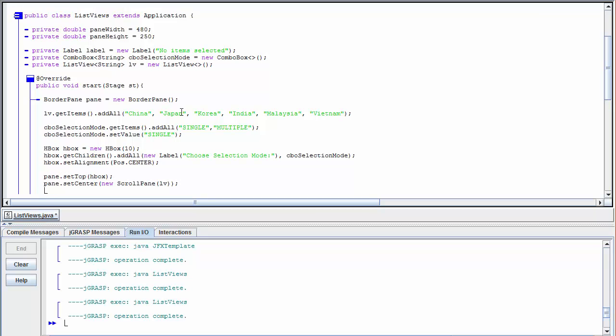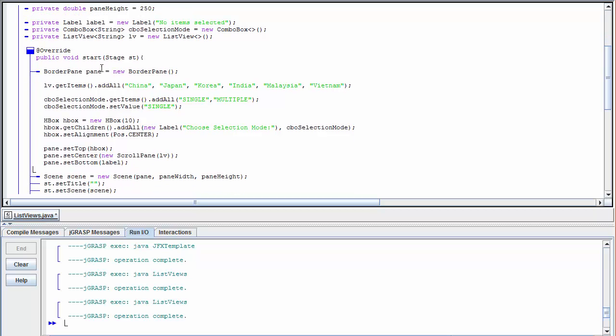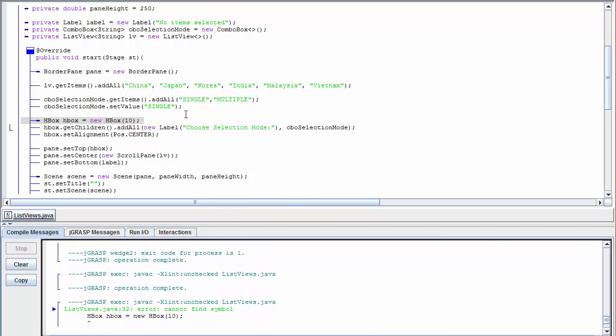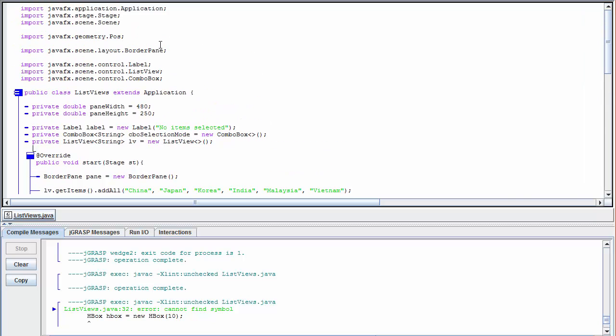So the list view is inside of a scroll pane that is in the center of my border pane, and then at the bottom I'm going to have the label that is going to show the result of what we have. We should be able to see something. So let's first add our missing